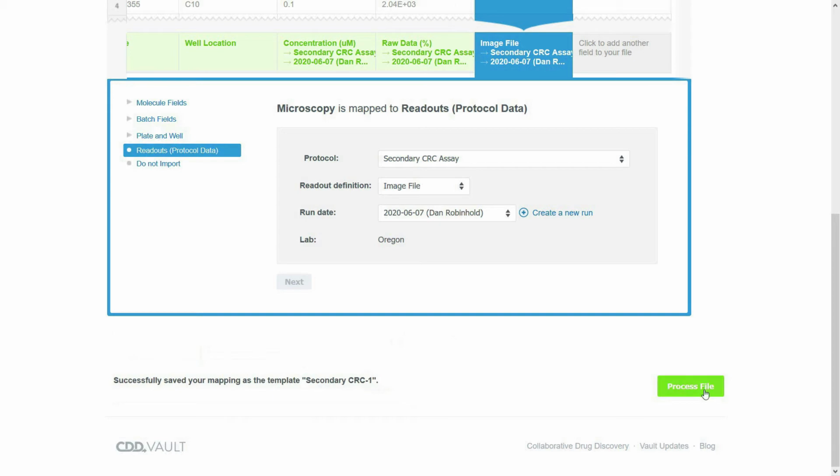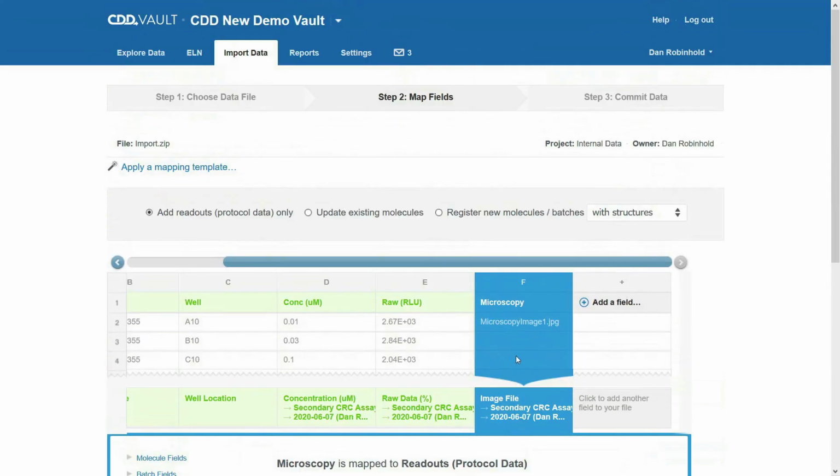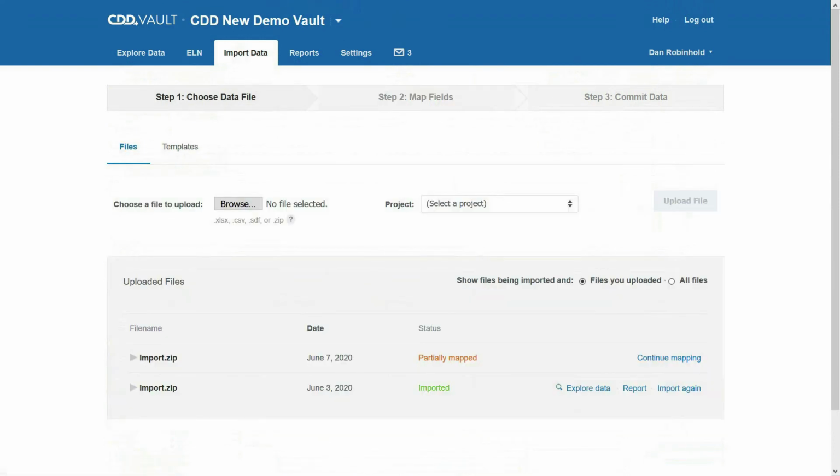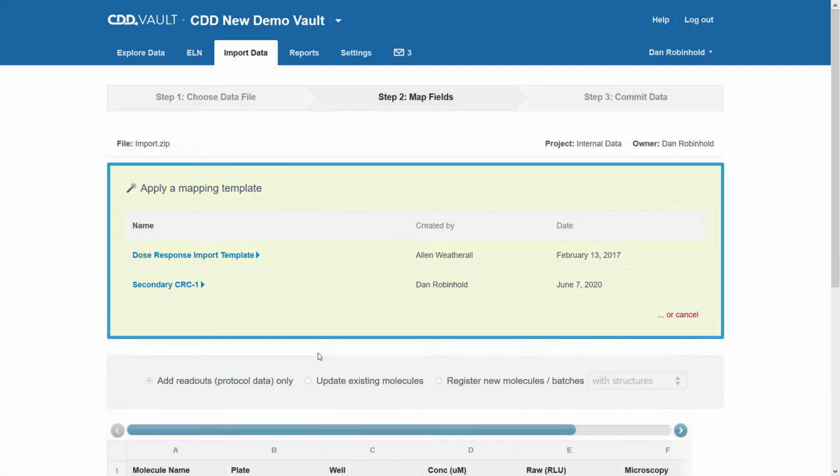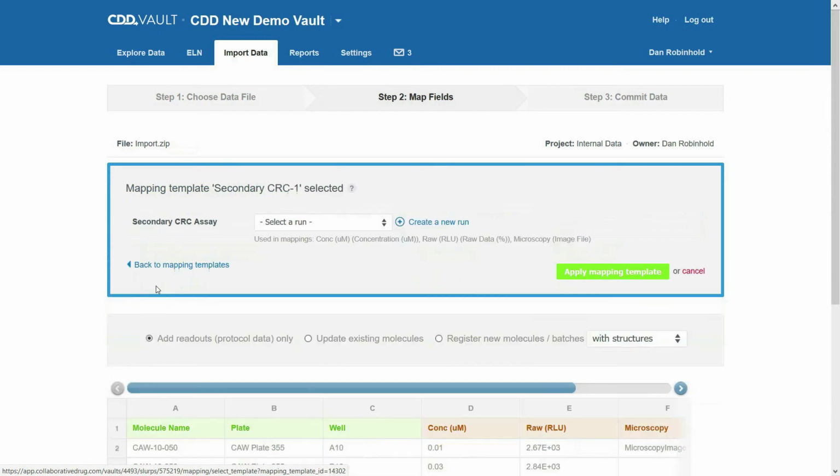Normally I would go and process this file now and have it loaded into CDD Vault, but what I'm going to do this time is go back up and bring in another file, assign a project to it, and we will see, if everything went well, we'll see our new template offered here. Here's our secondary CRC1 template. I'm going to select it,